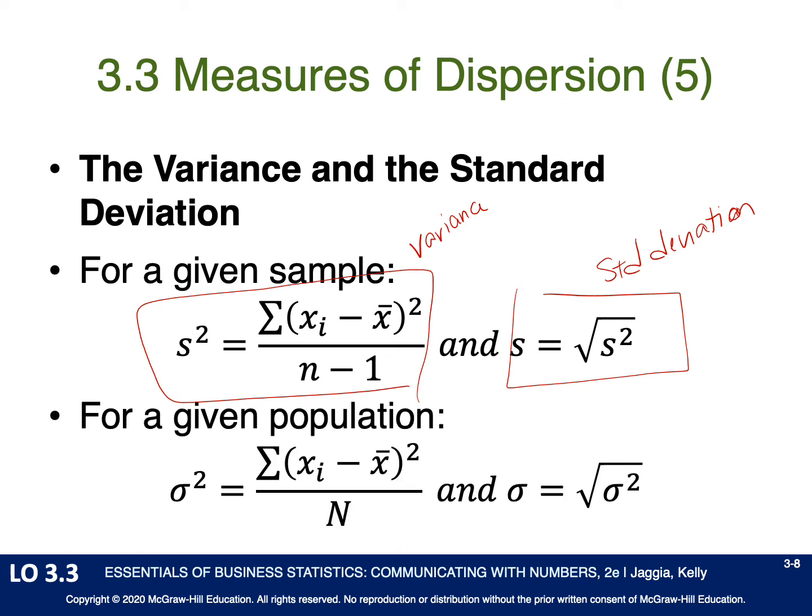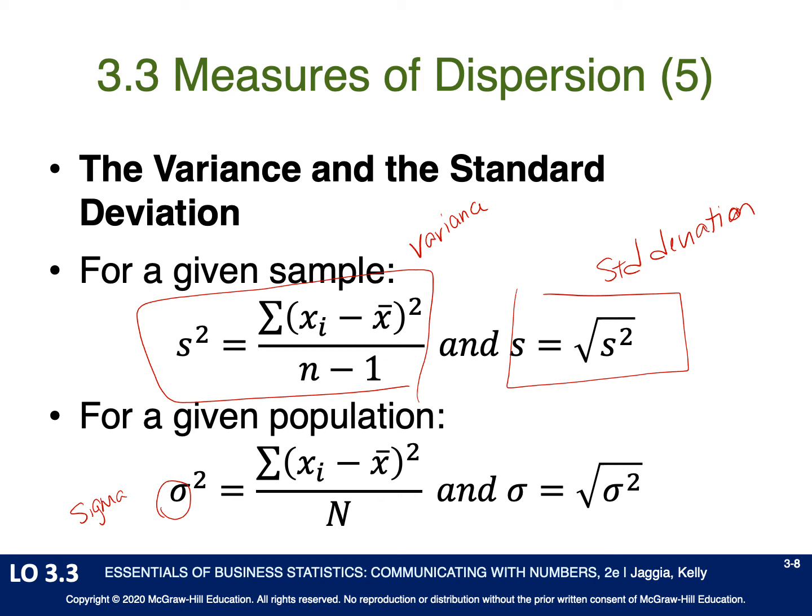For the population mean, it's very similar. Now, I want to point something out. This funky looking letter right here is the Greek letter sigma. Yes, that backwards E is also the Greek letter sigma. Excuse me, this is the lowercase sigma, and the backwards looking E is the uppercase sigma. The backwards looking E means sum. This lowercase sigma, this kind of O with a hook at the top, means